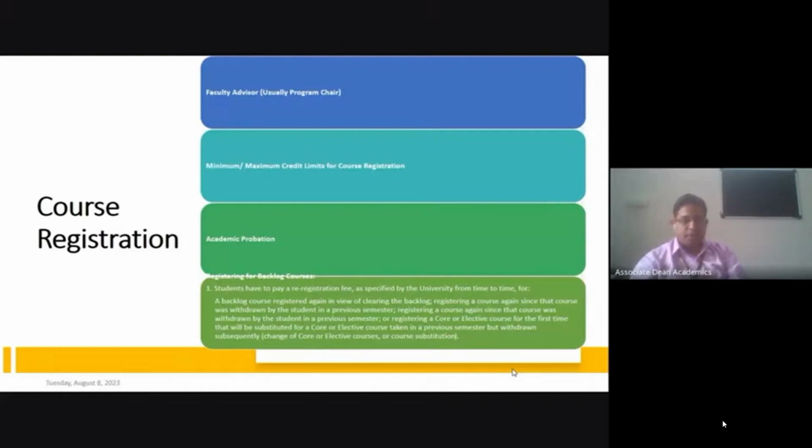A backlog course can be registered again in a particular semester if it is offered to regular students. Along with regular students, you can register an additional course, which is a backlog course in which you failed in some previous semester, and that course will be allowed to be registered again with regular students, and there will be a fee associated with it. But the backlog course should be offered to some regular students.